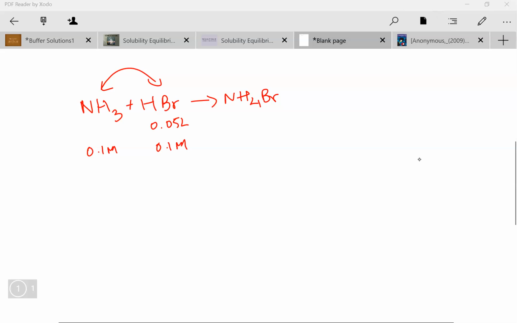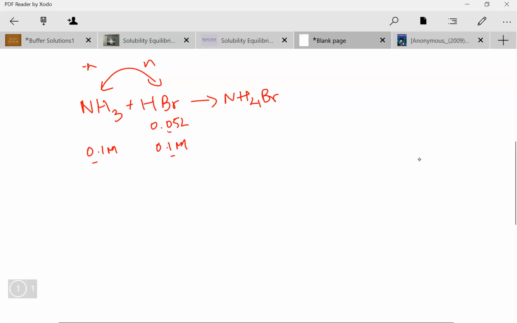NH3 plus HBr gives us NH4Br. We have a given volume and concentration of our strong acid. We do not have a volume and concentration of our weak base. We only have a concentration. But at equivalence point, we know the number of moles of this equals number of moles of acid. Number of moles of acid equals number of moles of base. And therefore, we can do our